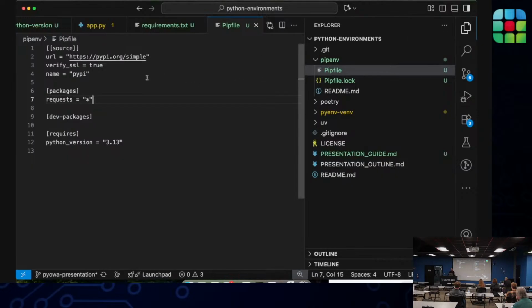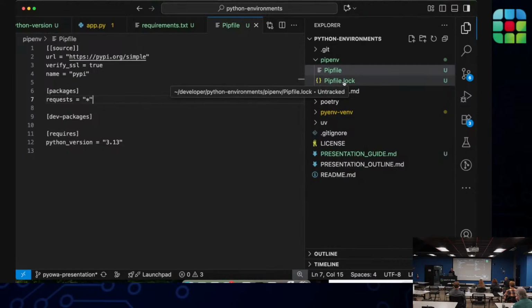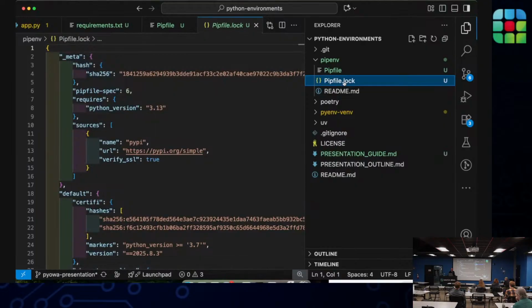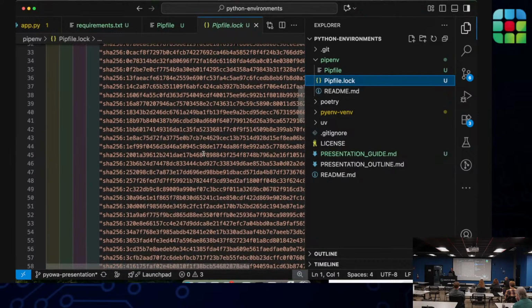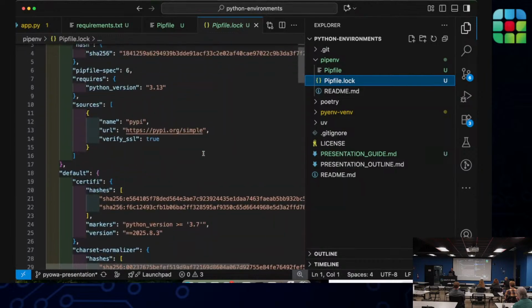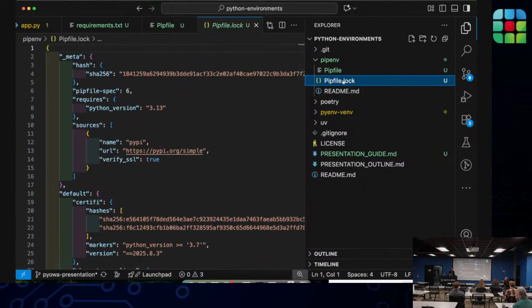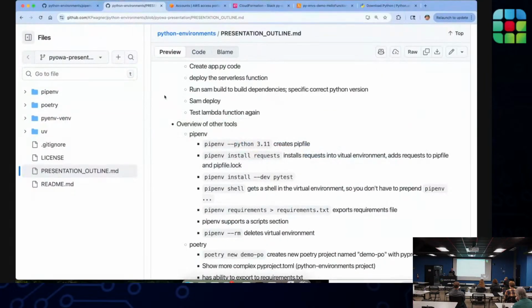But when we did the installation and when we ran the shell command, another thing you get with pyenv is you get a lock file. So this has more specific details about the requirements of your project. And typically, you would commit both of these to your GitHub project. And one or both would then be used in your deployment pipeline. So, you know, if you've worked with Node, for example, like a package.json and a package lock, similar concept.